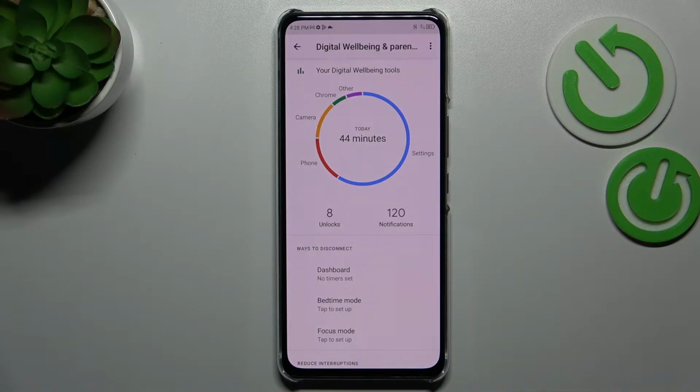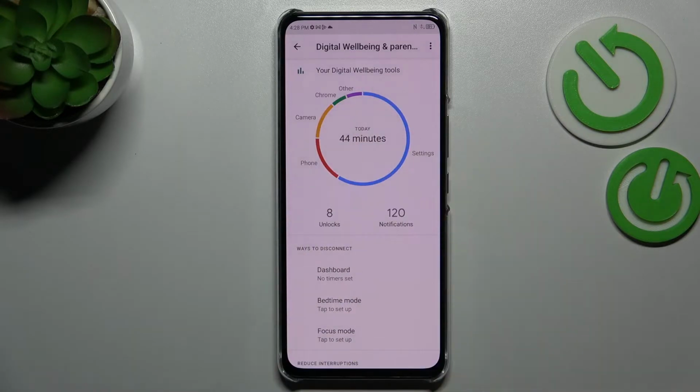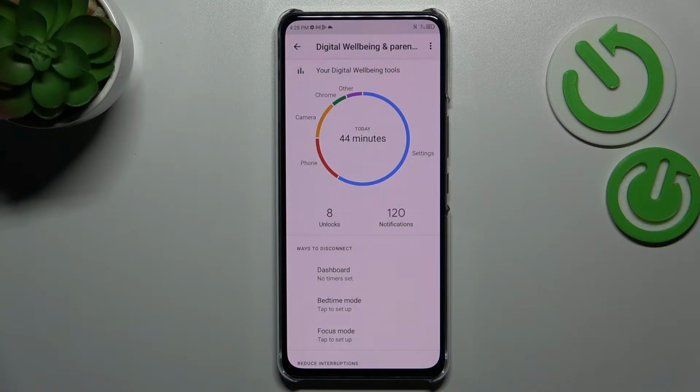And as you can see, we've been transferred to this graph, which will show us for how long we've been using this device today, and you can see that I've been using it for 44 minutes and the time is divided between those apps and the others, of course. And basically here we've got the unlocks and notifications count, and we've got two different ways to check some further